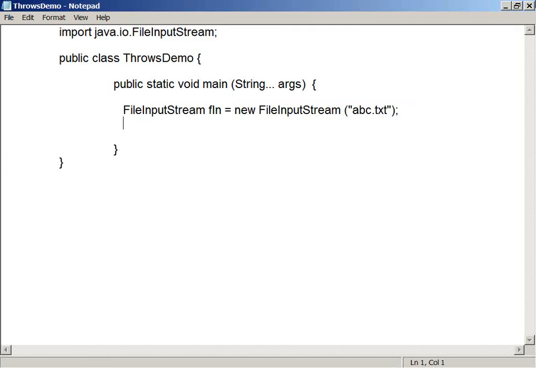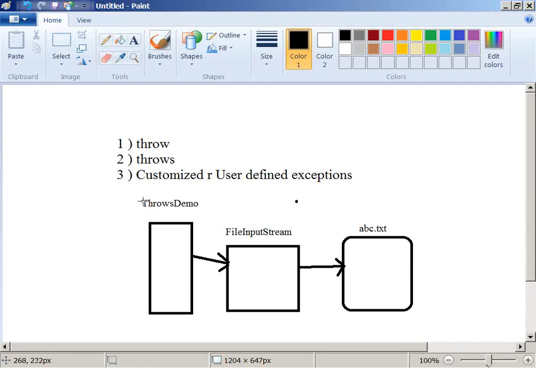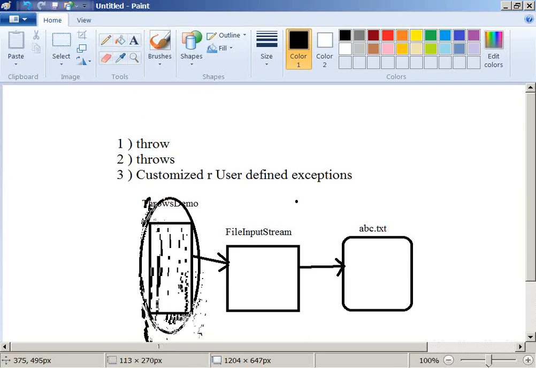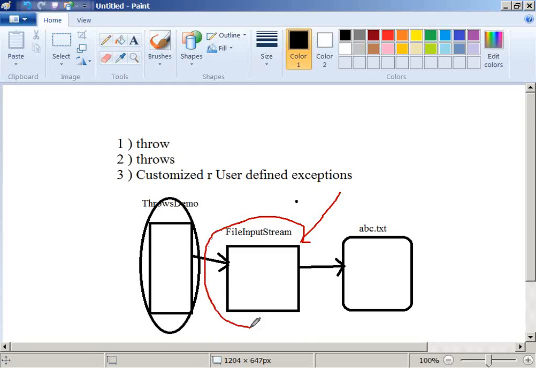There is no problem with my code, my code is absolutely fine. But the problem is with the class I'm taking the help from. How is this class going to help you here?